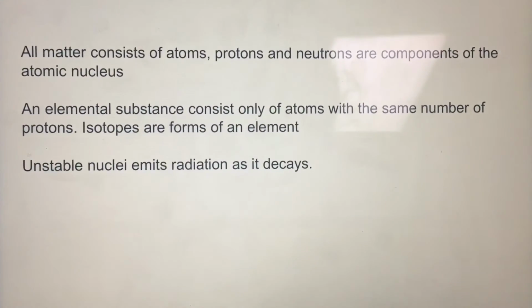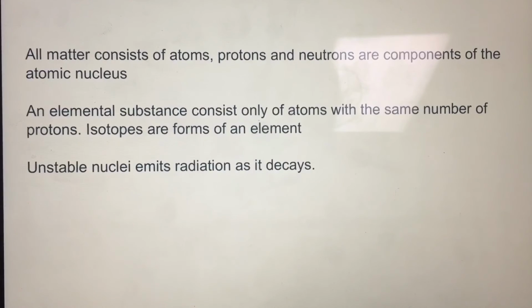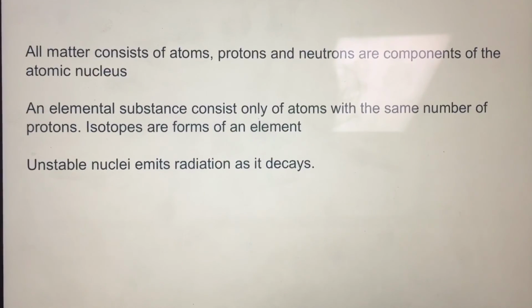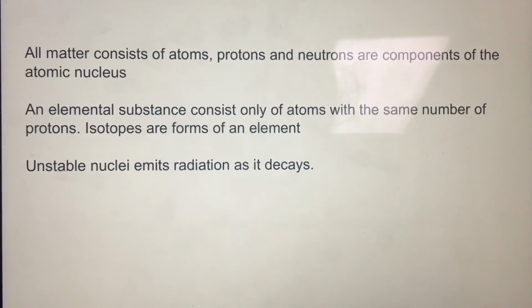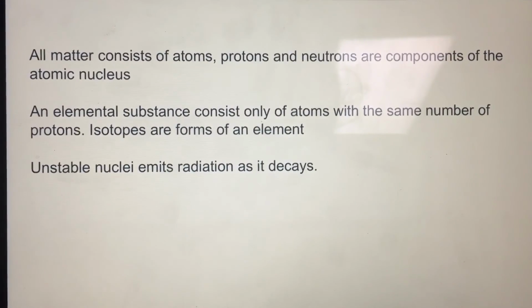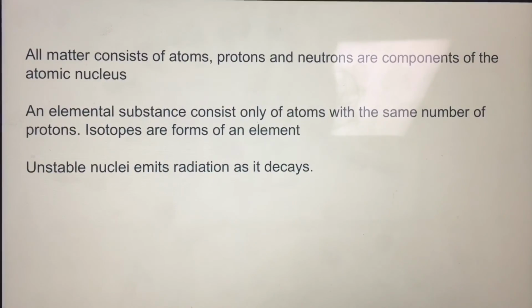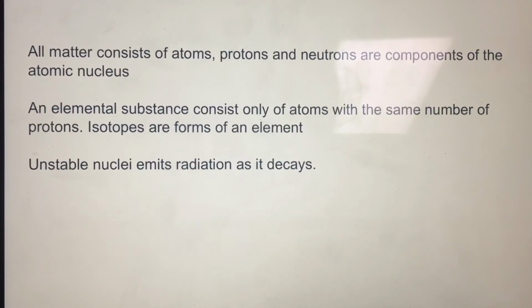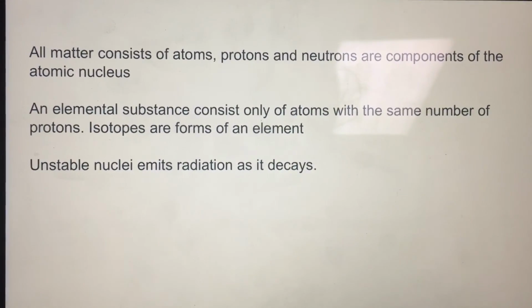So in conclusion, I hope from this little PowerPoint you got to understand that all matter consists of atoms, tiny particles that consist of electrons moving around the nucleus, so the core, and protons and neutrons are components of the atomic